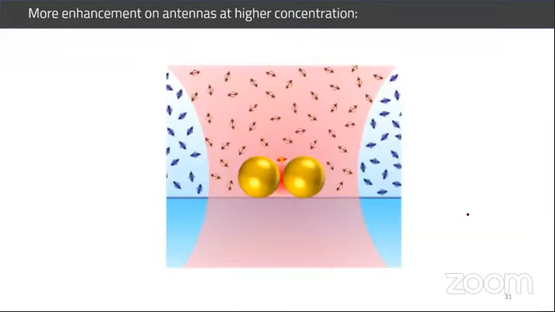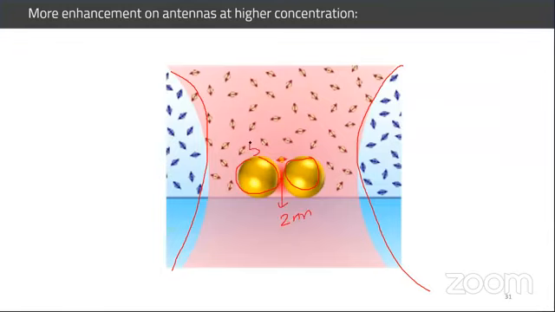So coming from the earlier slide to this slide, it looks similar, right? There's the focal spot of the laser, or the area where you want to see, and then you use two metal nanospheres made of gold together, and the distance between these two is, let's say, 2 nanometer or something like that. And let's say each nanosphere is of the size of 50 nanometer. So in total this is, let's say, 100 nanometer, and your focus size is around 300 nanometer,